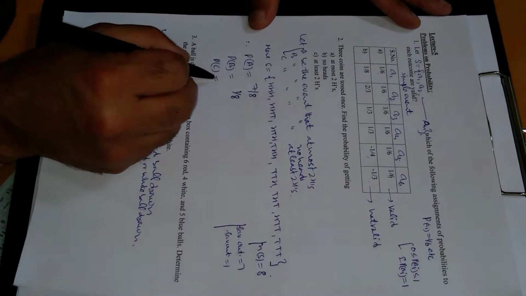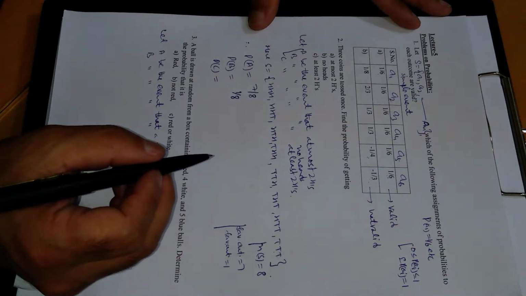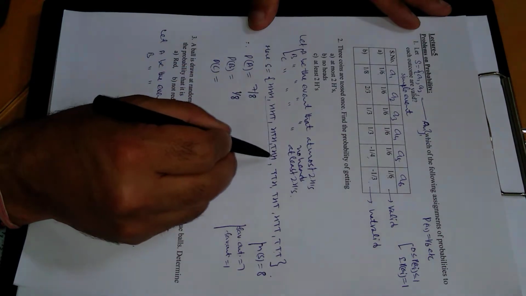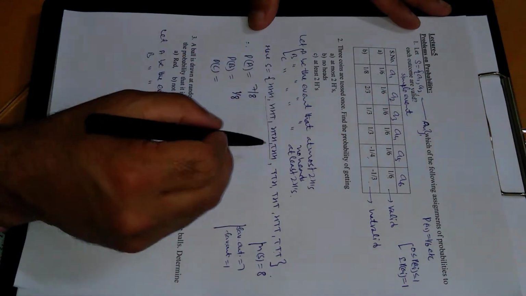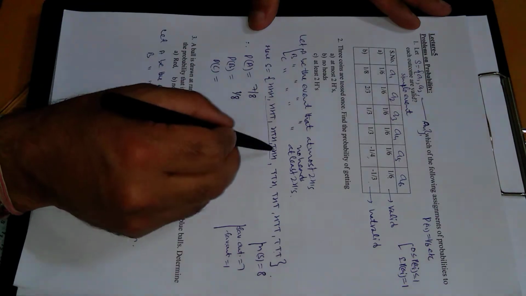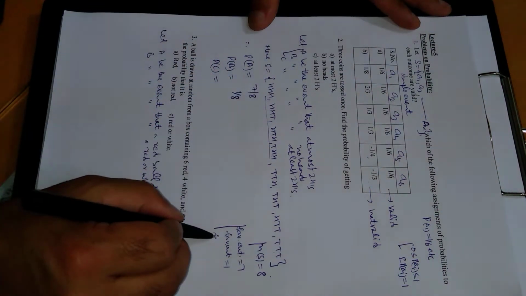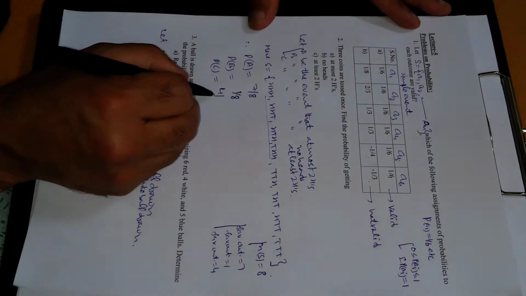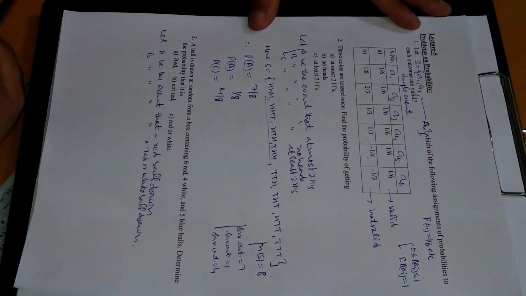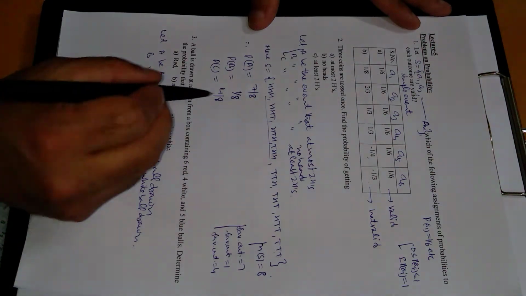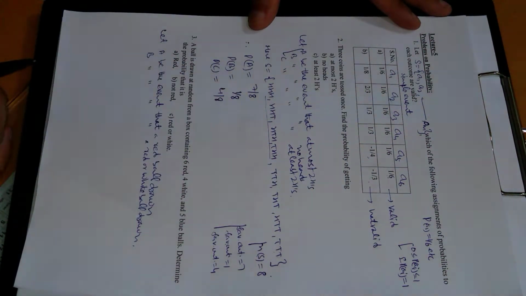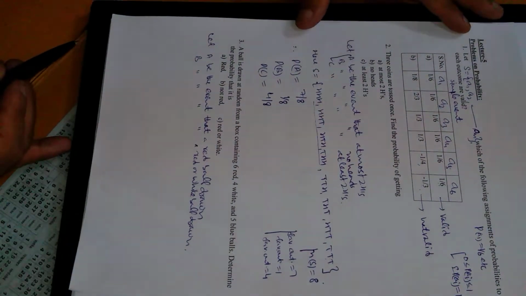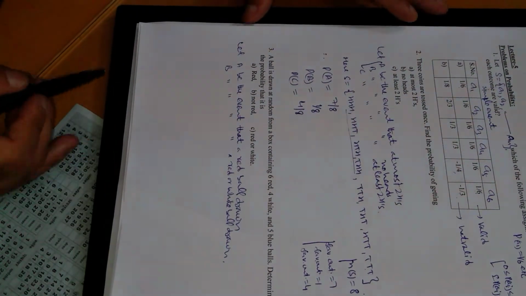Similarly, the probability of C, at least 2 heads, minimum 2 heads. These have minimum 2 heads. It means we can go higher. This is the lower limit. So all of these have minimum 2 heads: 2 heads, 3 heads. So favorable outcomes are 4 and total outcomes are 8. As we know, probability is always defined as the number of favorable outcomes divided by the total number of outcomes. So these are the probabilities of these events. All right, now come to the next question.